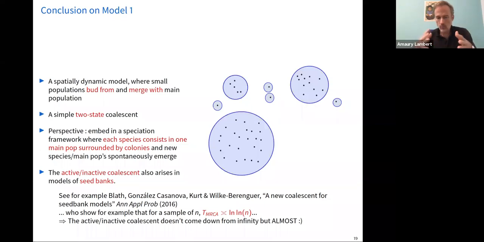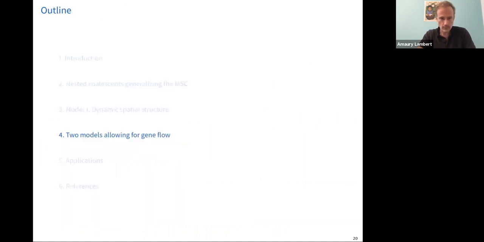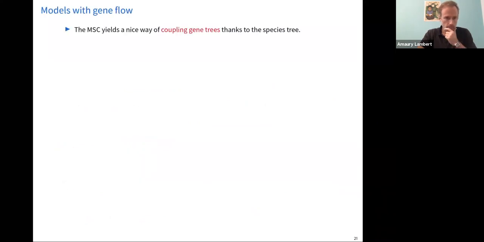And so this class of models is suspected to be unable to account for the deep coalescences that we think are one of the causes for discrepancy between gene trees. And so from now on, I will focus on the other cause, the gene flow that is causing more shallow coalescences than expected in a multi-species coalescent. So there are two models, but first I have to introduce what we expect in these models with gene flow.